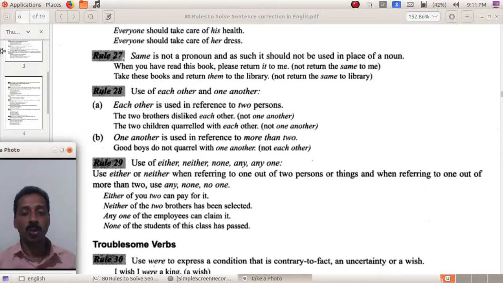So likewise, there are different rules regarding subject-verb agreement, and most of these rules we have mentioned here. I think we are not so clear about the rules and we use them in the wrong way. So now I think what you have to do is go through these rules many times. If I just tell you once, you won't get the idea. What you have to do is go through it many times and try to keep it in your memory and use it while we use the language.